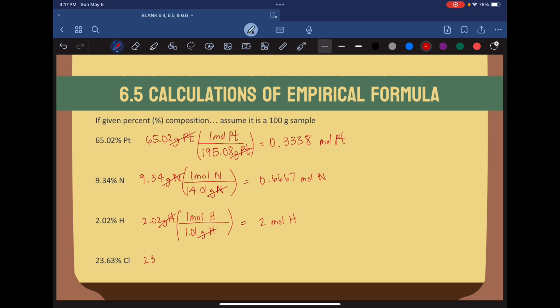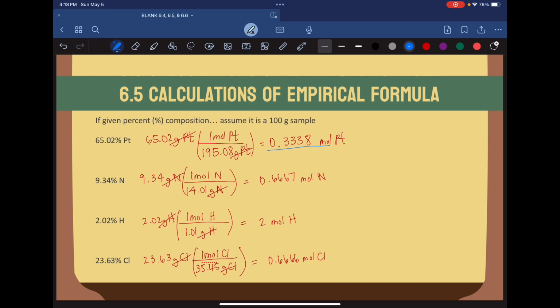Chlorine, 23.63 grams of chlorine. The mass of chlorine will be at the bottom, which is 35.45. 1 mole of chlorine will be at the top. Your grams of chlorine will cancel, and this will be 0.6666 moles of chlorine. The second step is to divide by the smallest amount of moles, and that happens to